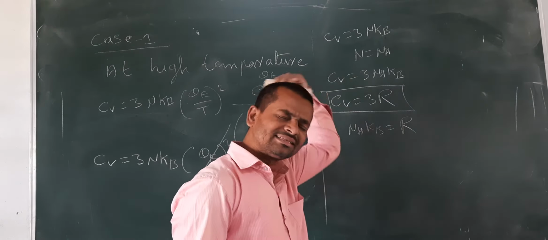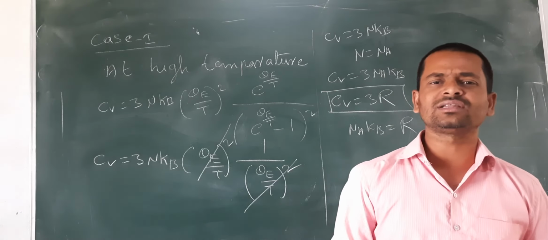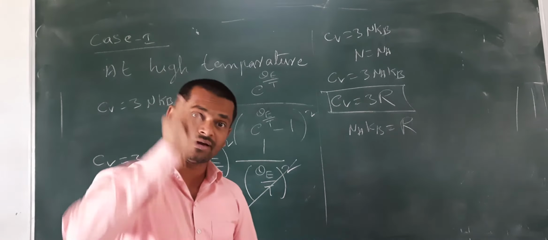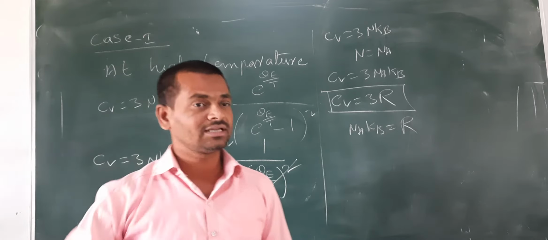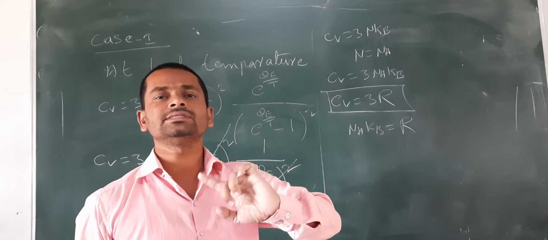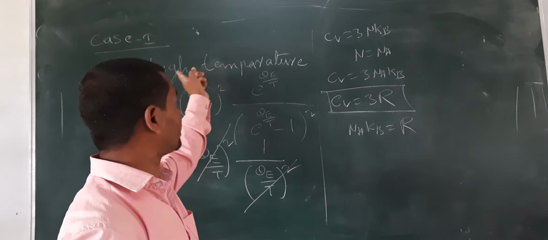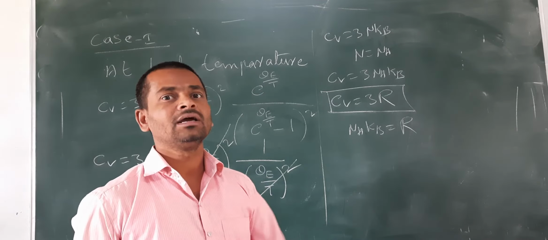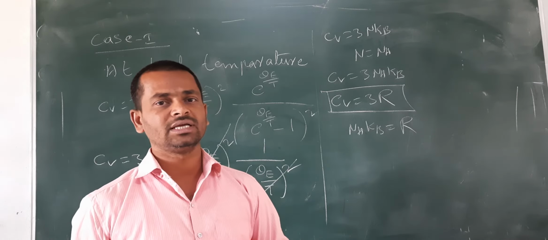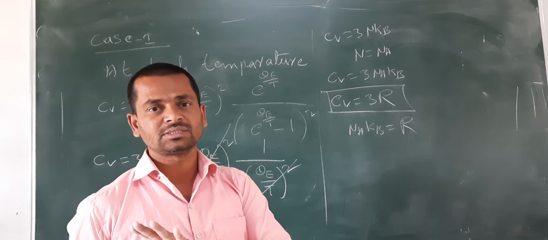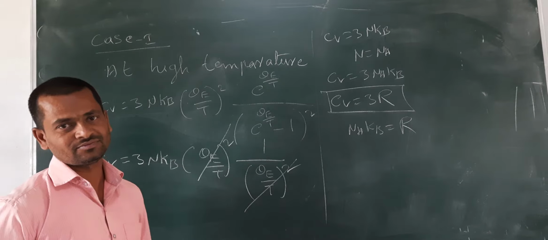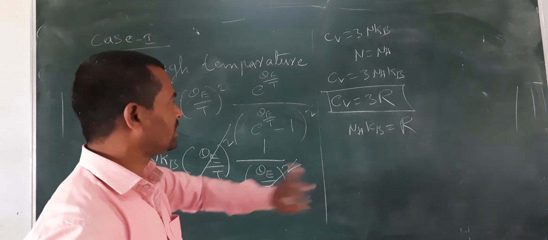So here we got the same term we got in the Dulong-Petit law. The Dulong-Petit law can explain successfully at higher temperature. The same value we got there, we got here. That means what Dulong-Petit law explained is right at high temperature only. But the Dulong-Petit law couldn't explain lower temperature, so it failed. It couldn't explain anything there, but Einstein explained somewhat. Let me see what it explained.